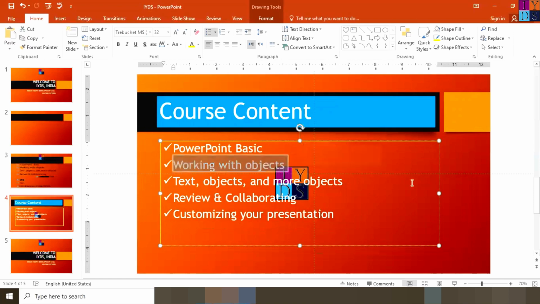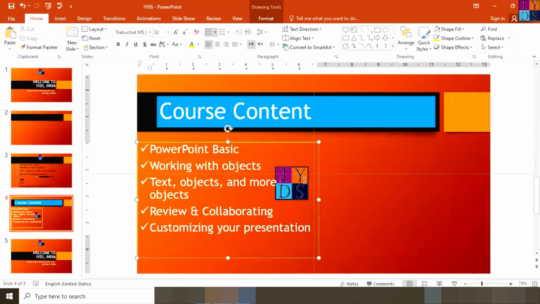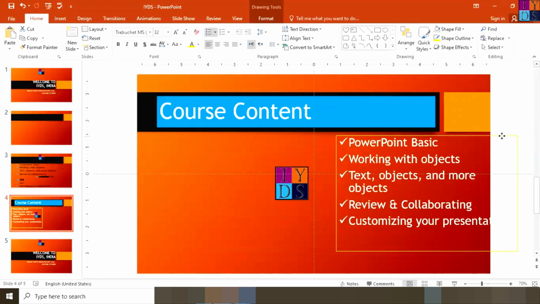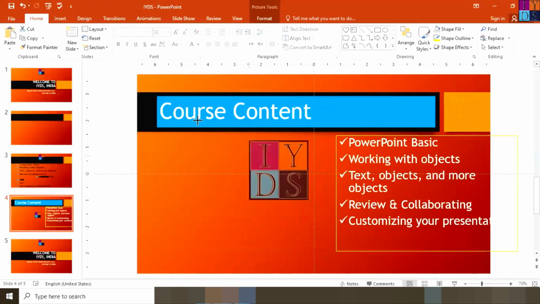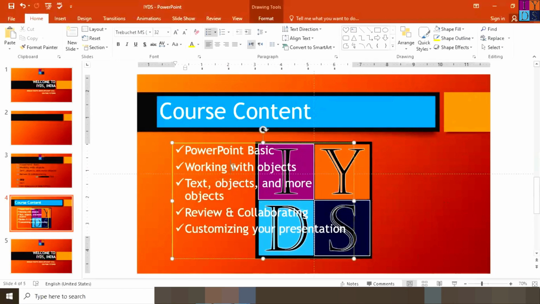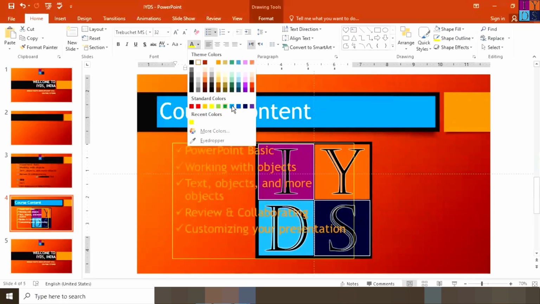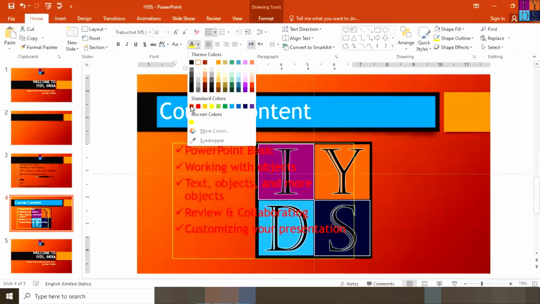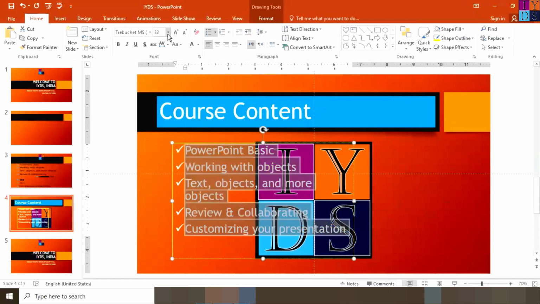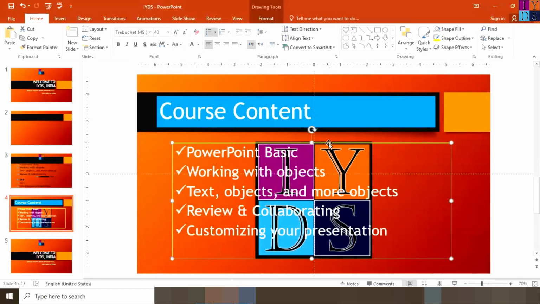Okay, I'm going to increase the size first. And I'm going to change this color first for a better view. See,